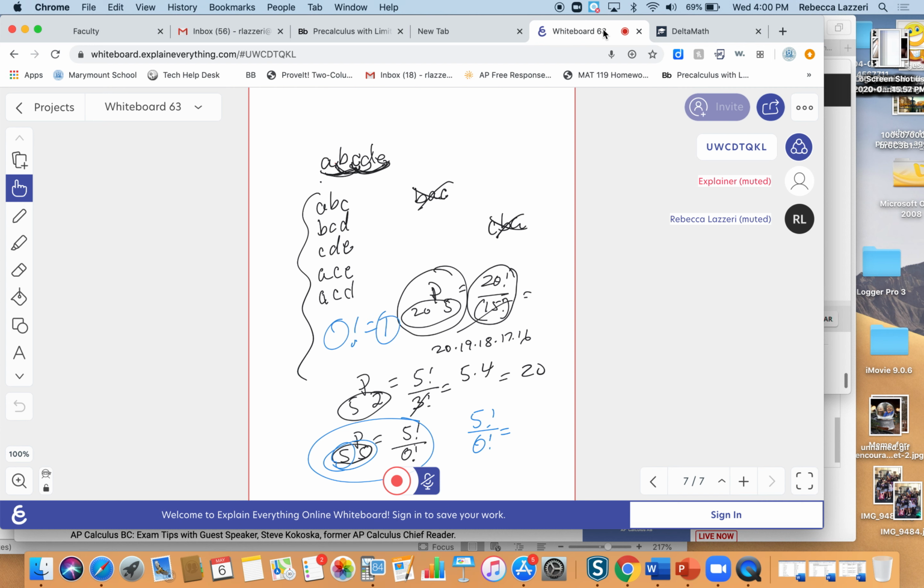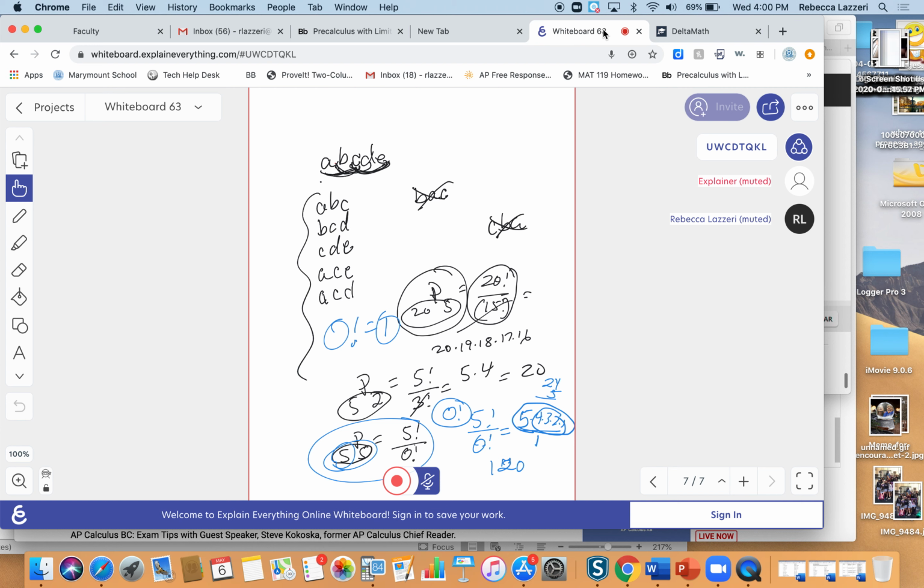So this would just be 5 factorial over 0 factorial, which would be 5, 4, 3, 2, 1 over 1. And so you would get this entire number, which is 120, because this is 24 times 5. Yeah, so that's 120. But I wanted to make sure you knew 0 factorial is defined to be 1.